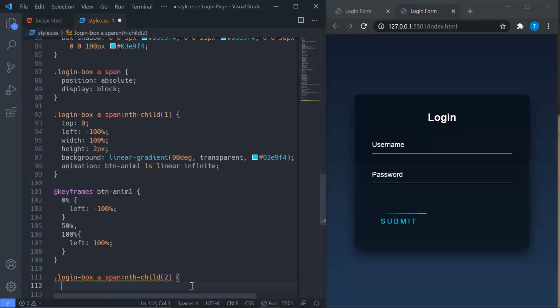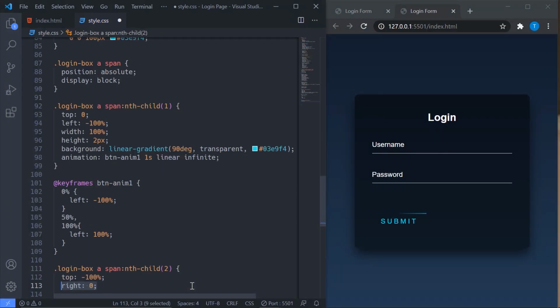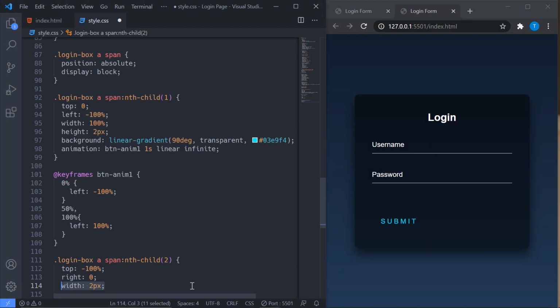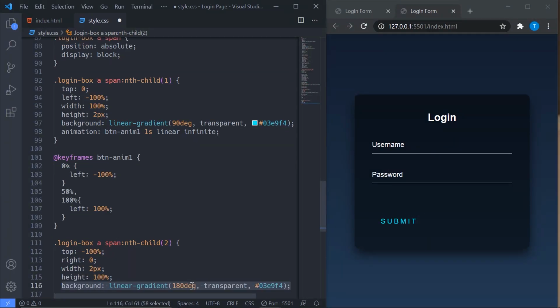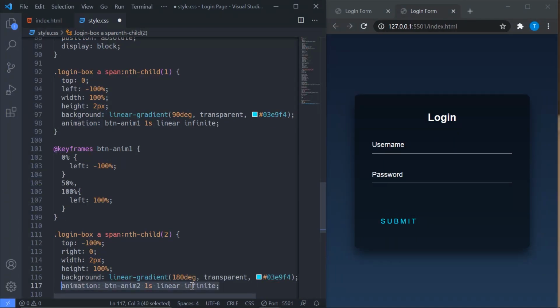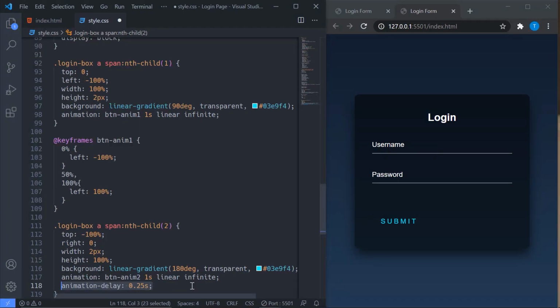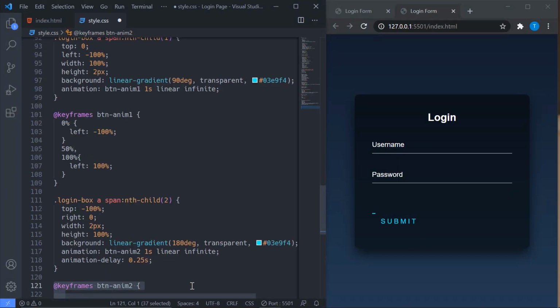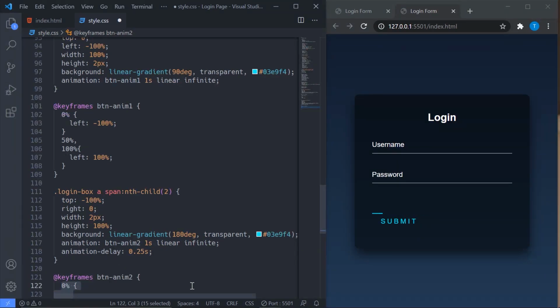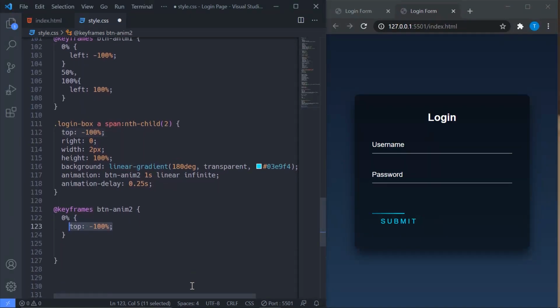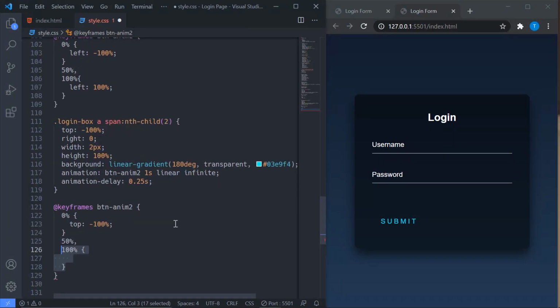So now in span 2 set top to minus 100%, right to 0, width to 2 pixel, height to 100%, background linear gradient 180 degree, transparent, and color is this. Animation to button animation 2, 1 second, linear infinite, animation delay 0.25 second, and after that keyframes button animation 2, 0%, set top to minus 100%, 50%, 100%, and in this we are going to set top 100%.